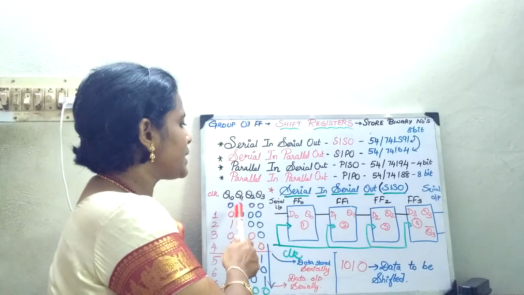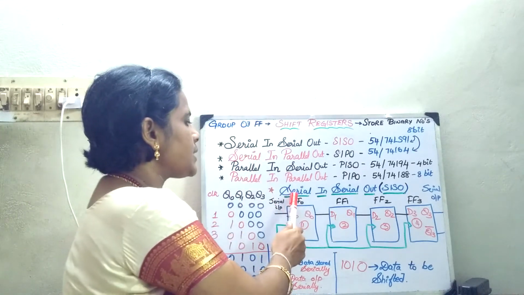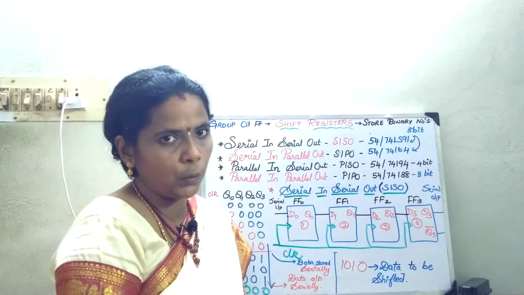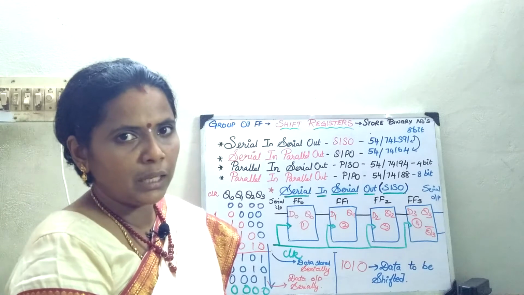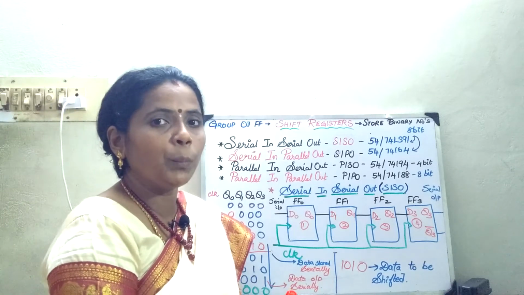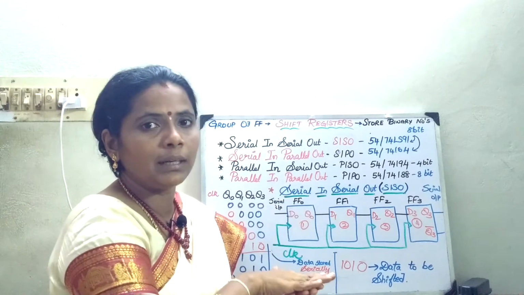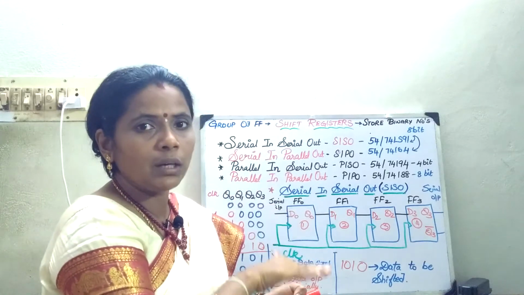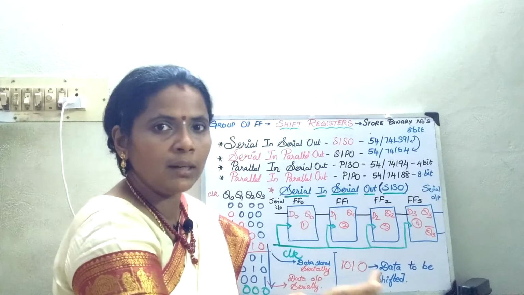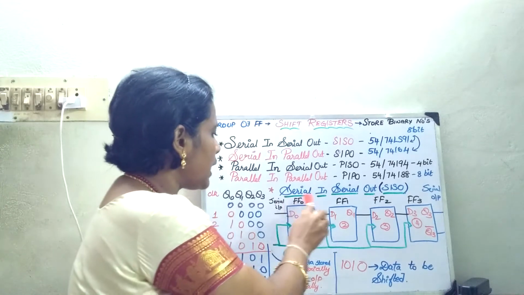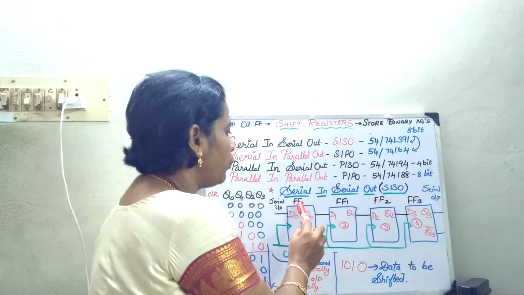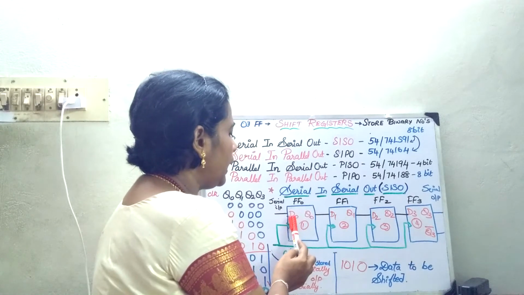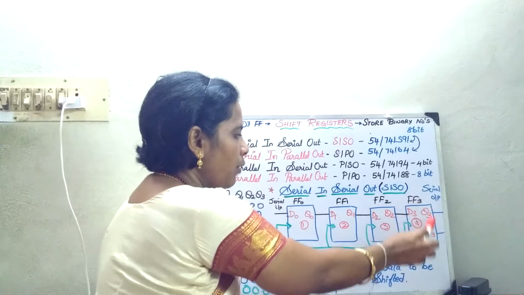So, now we will see the first case, that is the serial in and serial out shift register, how it is going to work out. For this, I have considered the D flip-flop. I have taken a 4-bit number. We will see how to store the data, and all the data are going to be stored serially and outputted serially. So, for this I have taken 4 D flip-flops, F0, 1, 2, 3. The D input and output have been marked, just draw 4 flip-flops.